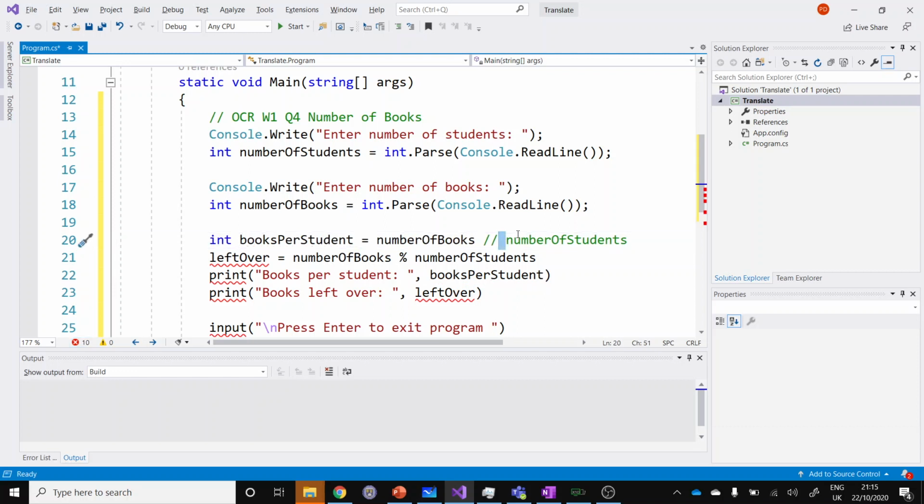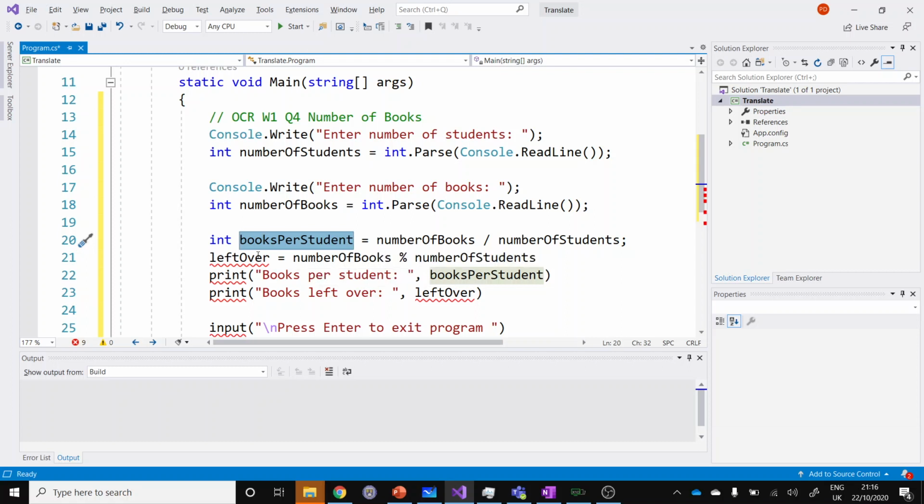And there's no such thing as an integer division operator. It's just if you have an integer and you do division, then the result is going to be the integer division. So an integer is a whole number. So be careful with this. This is not going to round it to the closest whole number. It's always going to truncate it, as in round it down. So if we had 5 books and 2 students, 5 divided by 2 is 2.5, but the answer stored in here isn't going to be rounded up to 3, it's going to be 2, and we'll test that later